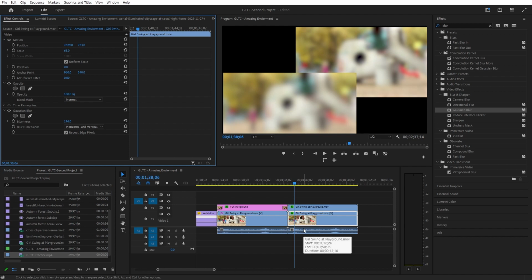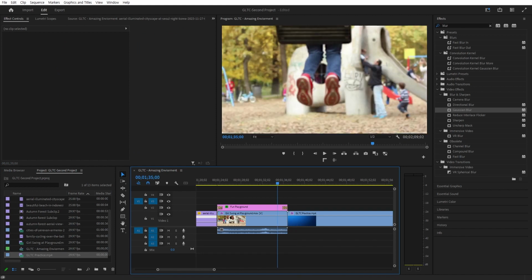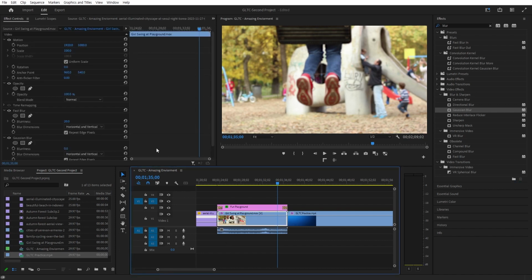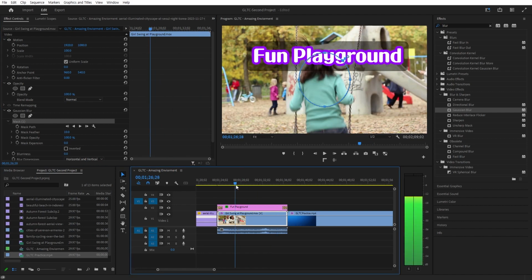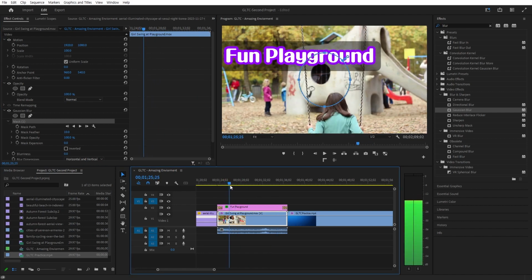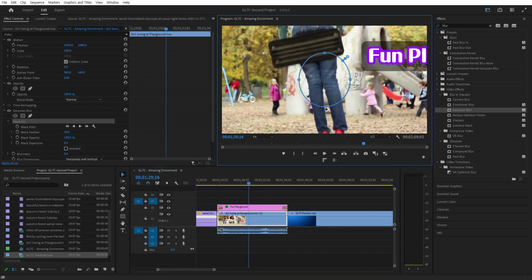You'll get used to it when you practice with the blurs a lot. For now you will not see the effect, but as you go on you'll get what I mean. Okay, we talked about all the blurs, and you can use them for only the part you want. Now we're going to use keyframes. So Gaussian blur, absolutely I will use it. You will do this for this person, the kid right here. So from here,